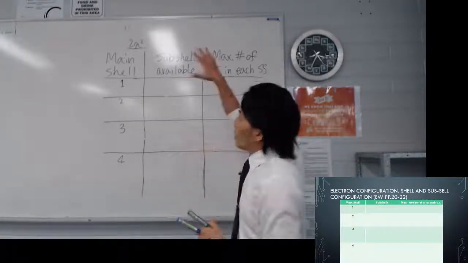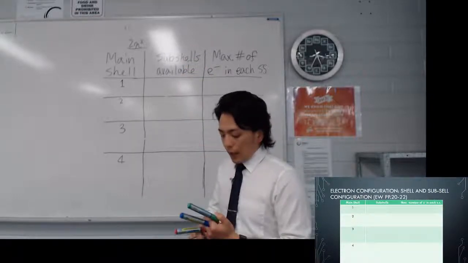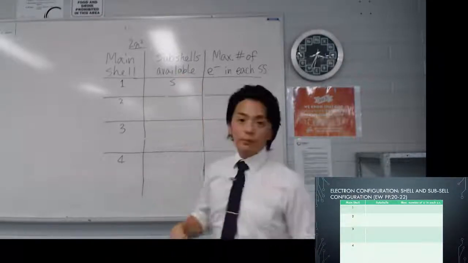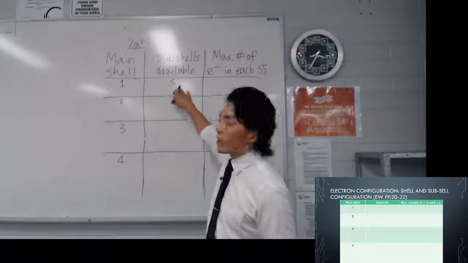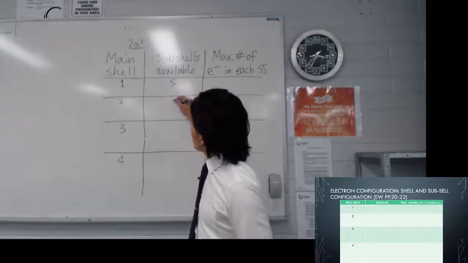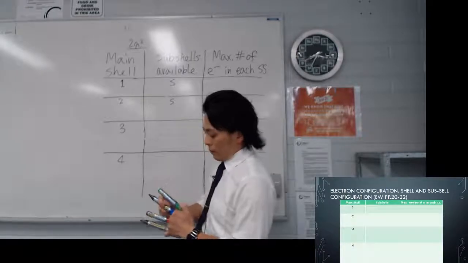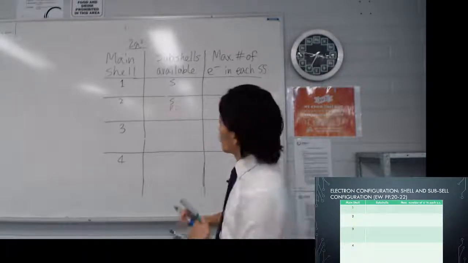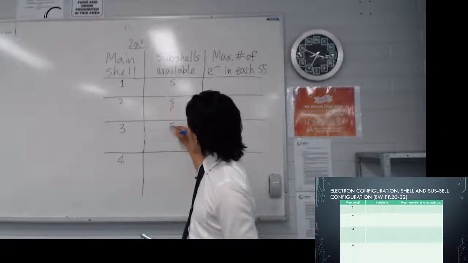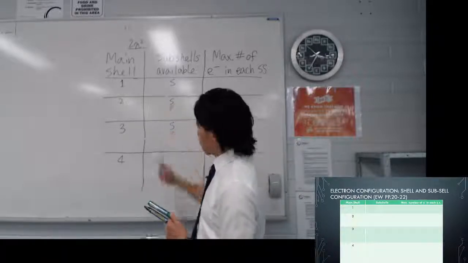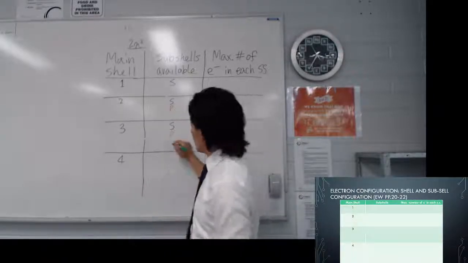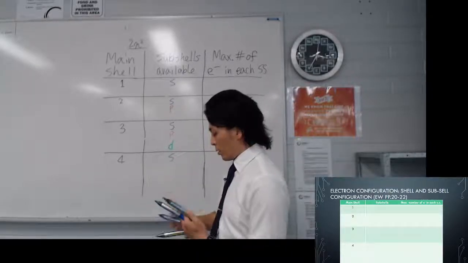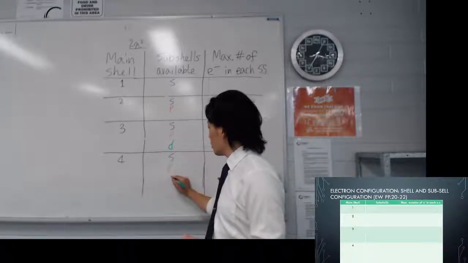All right. Each main shell has different subshells. Let's change colors for the first one. The first shell only has S group, S block. The second period has S, P, and that's it, 2 subshells. The third main shell has S, P, D. And the fourth main shell has S, P, D,